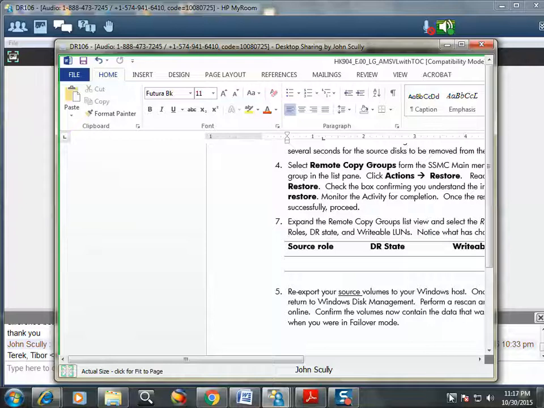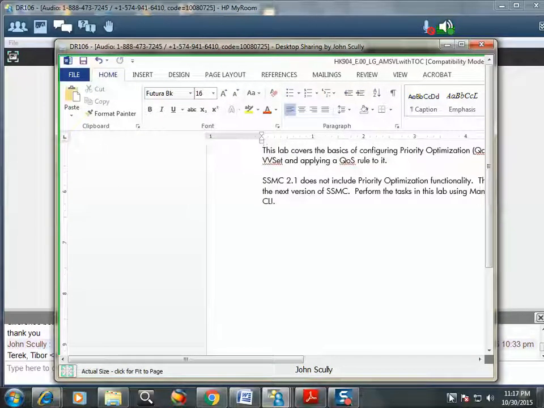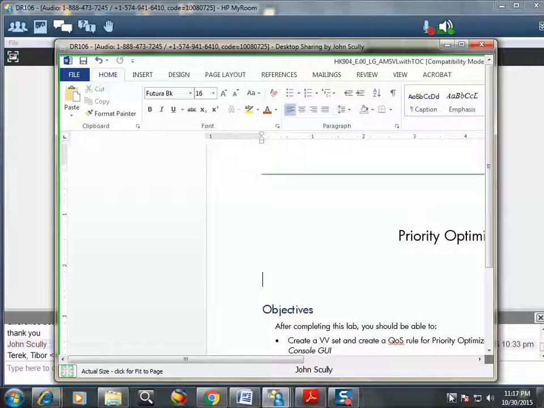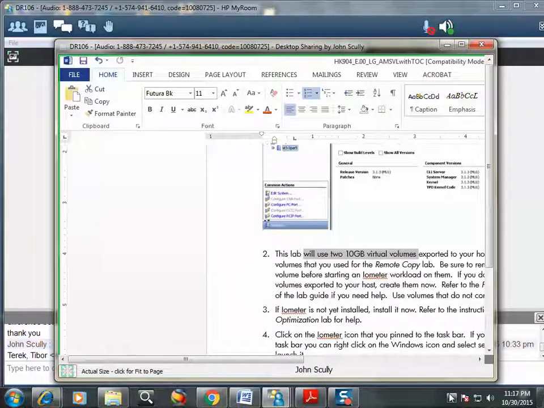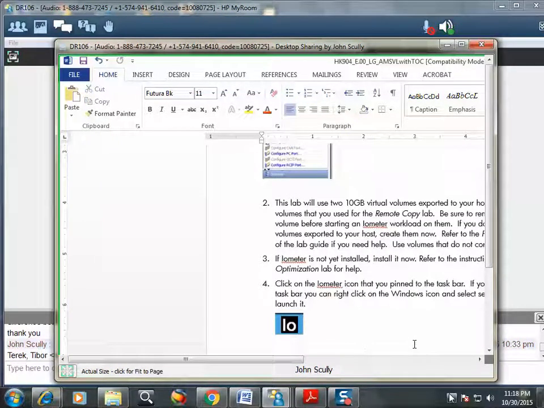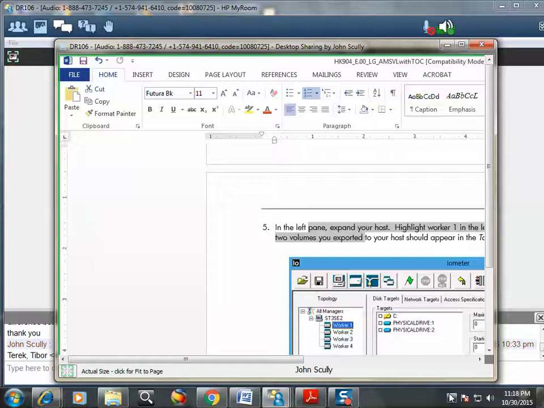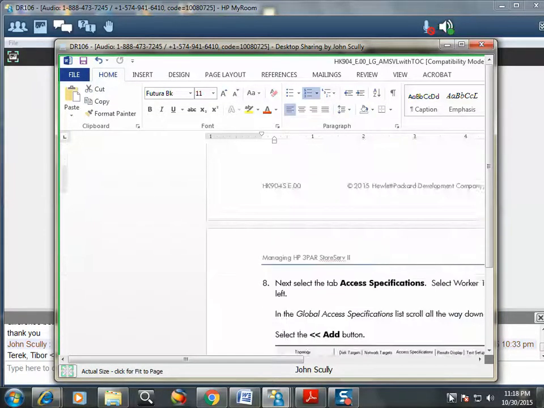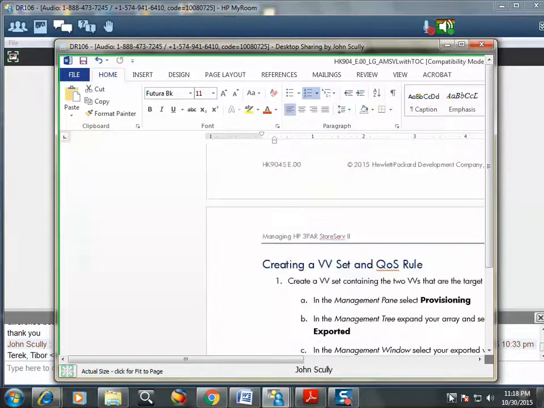They want you to essentially, in your Windows host, you may have two. Yesterday you created some 10 gig volumes for remote copy, or maybe some volumes for System Reporter, or any volumes you created this week. They want you to have at least one volume exported to your host. And then they tell you to use Iometer to set up a workload. And remember, in the lab yesterday, I went over that. If you walk through the lab up through here, they tell you to set up Iometer and generate a workload on a volume. Then you're going to skip to